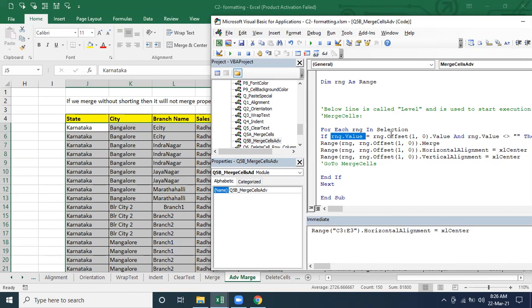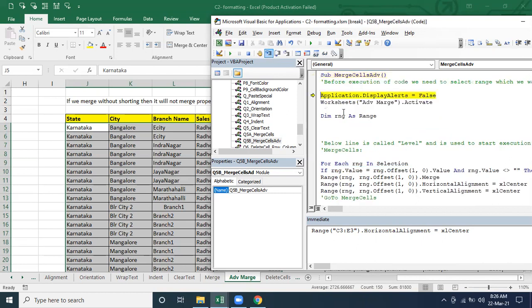So again I'm going to pick here Karnataka and the next value, the offset of the Karnataka itself. Now we are going to merge. First we identify whether both are equal or not. If both are equal, then merge it. Now I'm going to execute this line of code and just see, both are equal, yes.